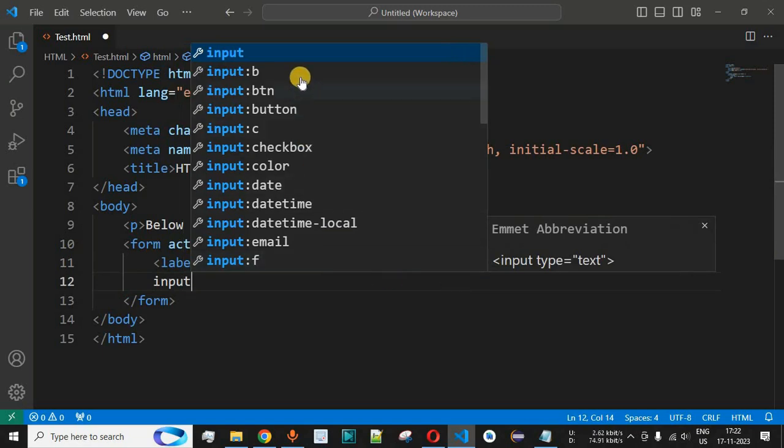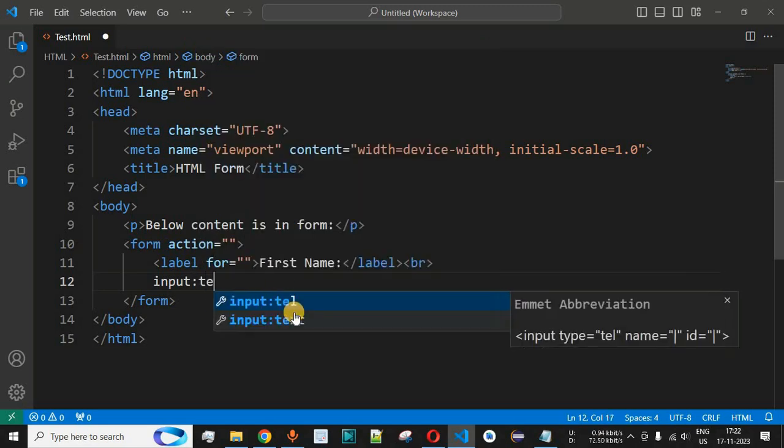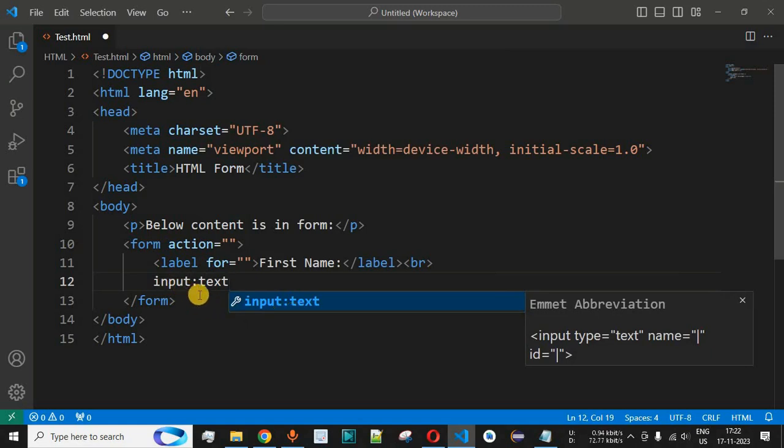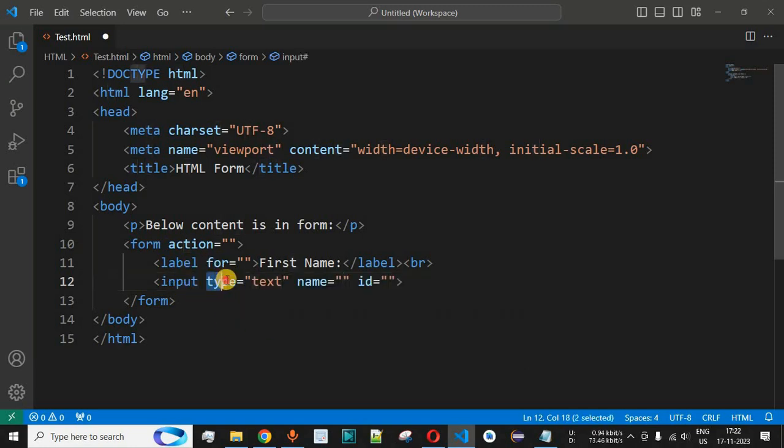And guys, there are many types of input over here. You can provide the button input or the checkbox or color or date or date time as well. We have email input as well. So in this case we are looking for something called as text input. So as you can see, input followed by colon, and then we have something called as text over here, which is the type attribute of the input tag. So as you can see, this is the type attribute for which the value is assigned as text over here, and this will help us to provide the text box so that the user can provide its input in the field.